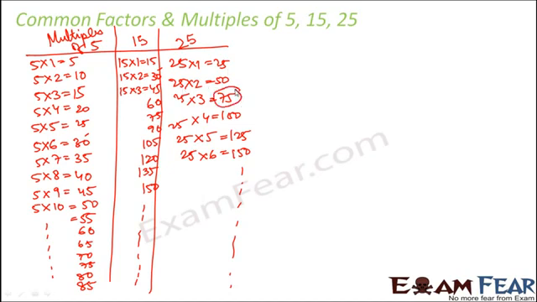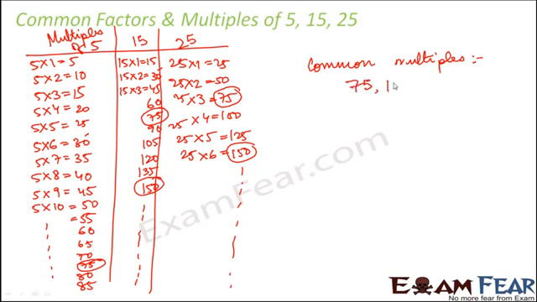Now let us consider the number 75. The 75 is a multiple of 25, 75 is also a multiple of 15 and 75 is also a multiple of 5. So the first common multiple would be 75. The next common multiple would be 150 because 150 again is present in all of them. Here I have not written till 150, but in this case also 150 is a multiple of 5. 5 into 30 is equal to 150. So therefore in this case we can write the common multiples between 5, 15 and 25 would go somewhat like this: 75, then 150 and so on.